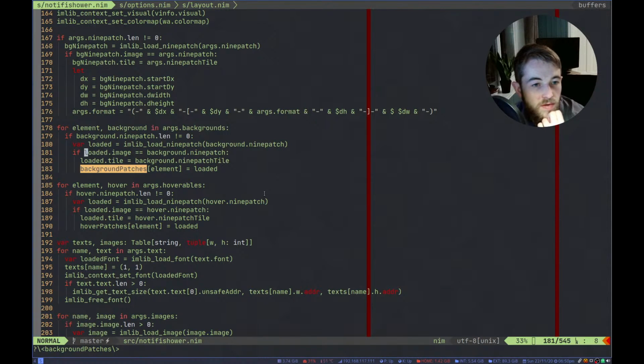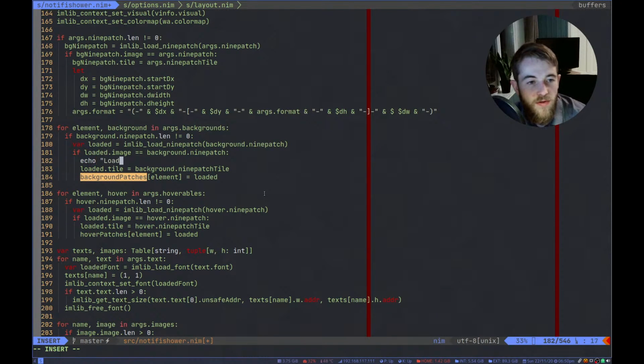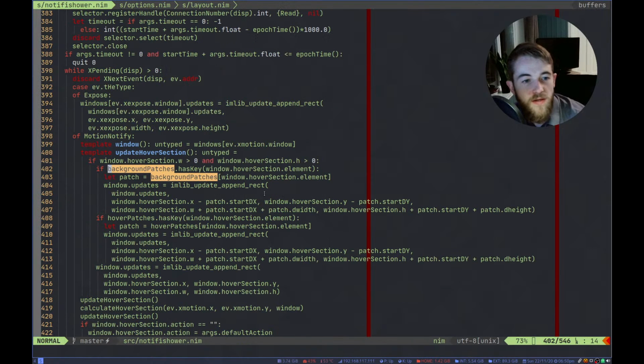Load it. Check that it's loading the right thing. And then set that there. Let's echo out here, loaded 9 patch for our element. Just make sure that it's loaded and working.